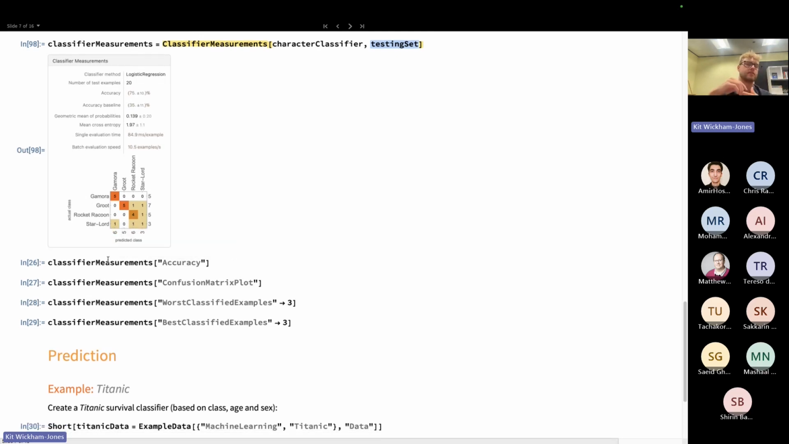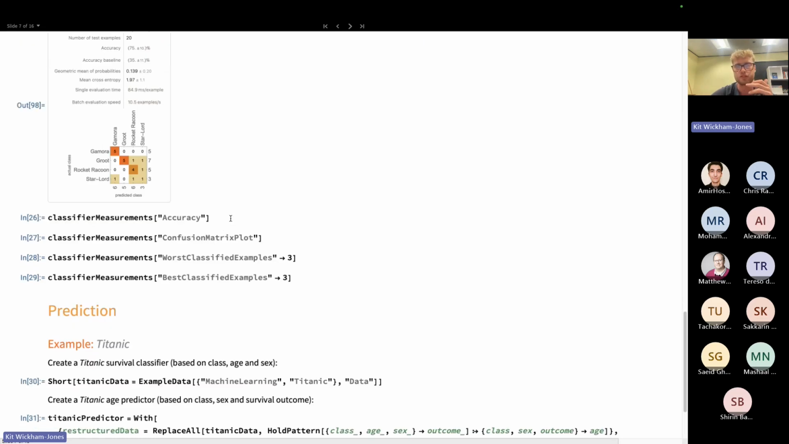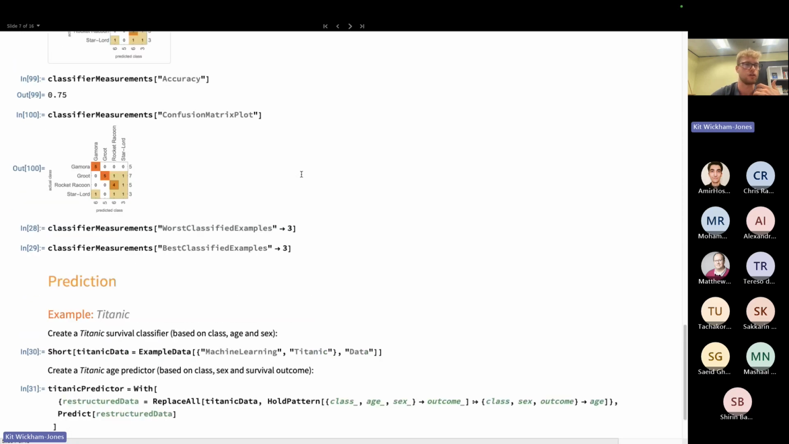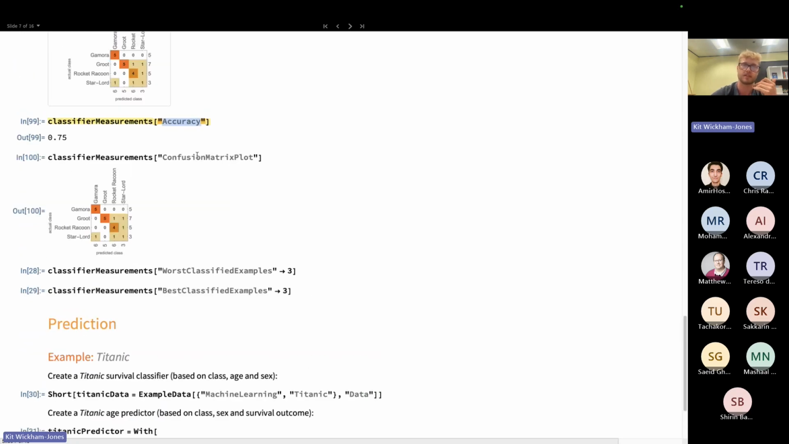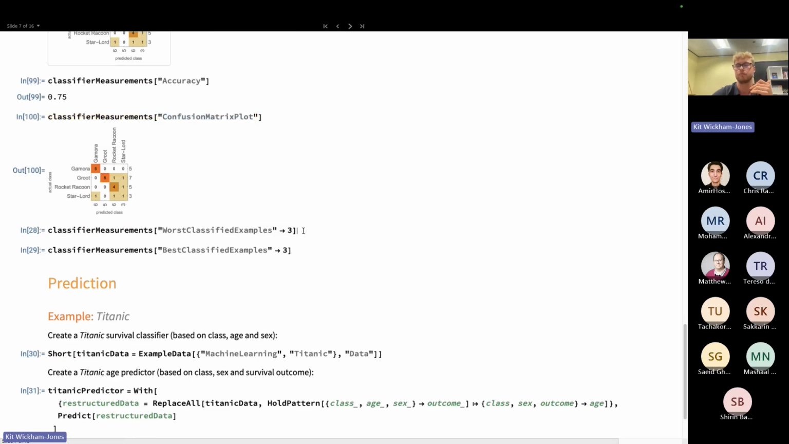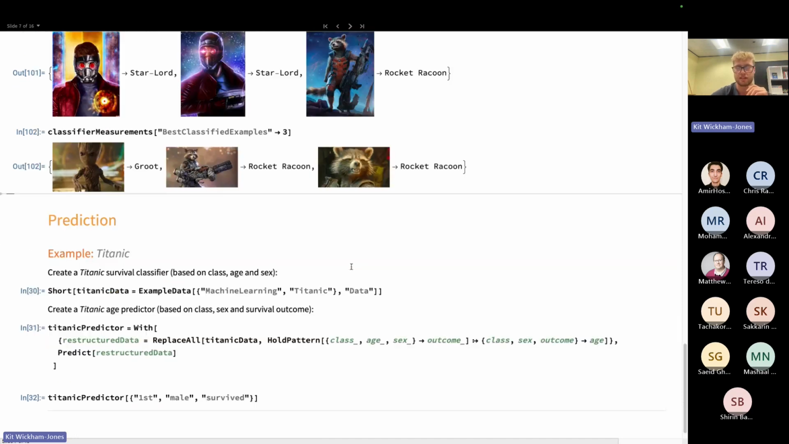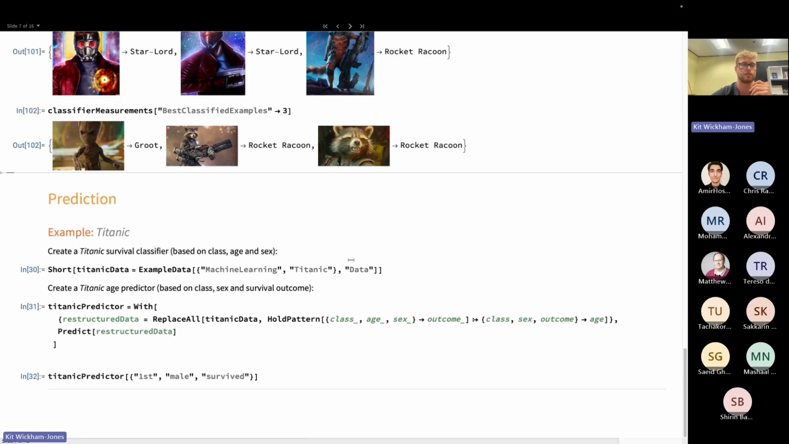So, with these confusion matrix type things, we can say, oh, we didn't get Gamora particularly right many times. So this can inform our retraining of this particular ML task, this particular classifying task. It's just a powerful, seamless way of doing that. Again, we can pull those out individually. We can get the accuracy, the confusion matrix plot. If we want to know the worst classified examples and the best classified examples, it's all very seamless